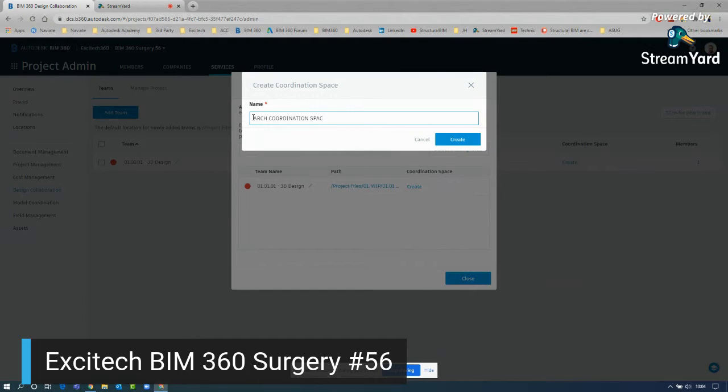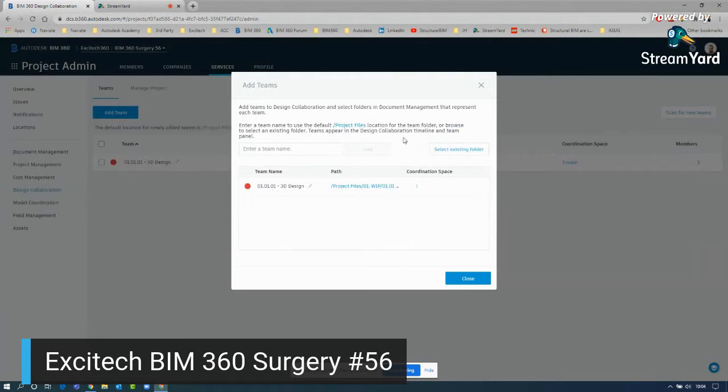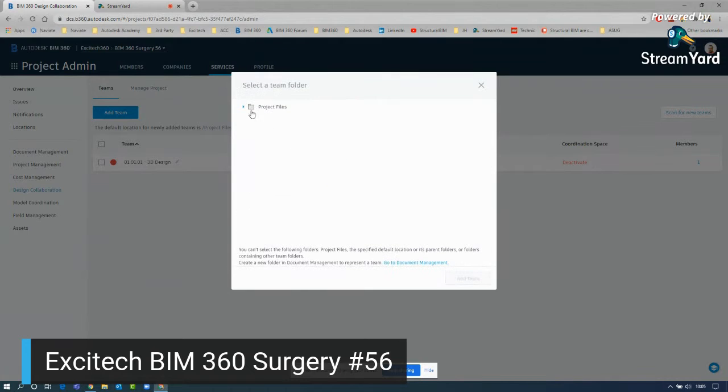And we could say that that is now the Arch coordination space, and click create, and that will just then create that coordination space. You will then see it's now got the option to deactivate it. I can now put another team in, and I can say MEP and do the same process where we select